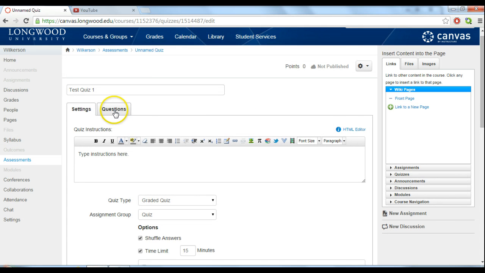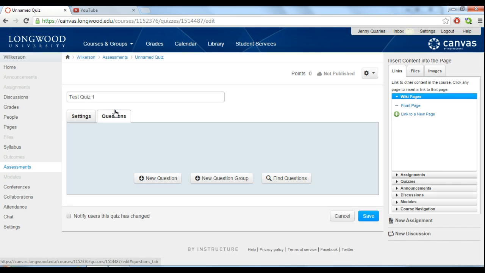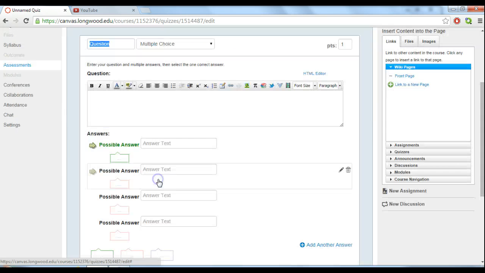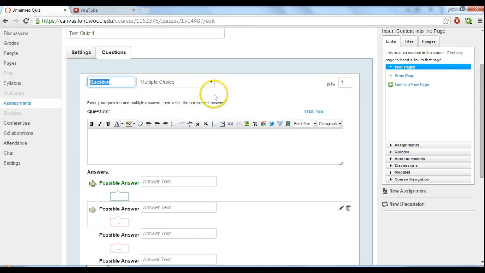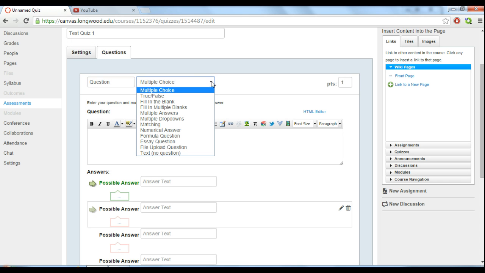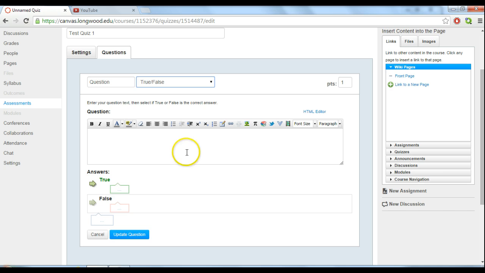Back up at the top, you'll see I have another tab called Questions, and this is where I can choose to add questions to my quiz. I have a few options here. First, I can just type and add new questions by clicking on New Question, selecting what type of question I'd like to add, multiple choice, true, false, etc. Typing in the question,